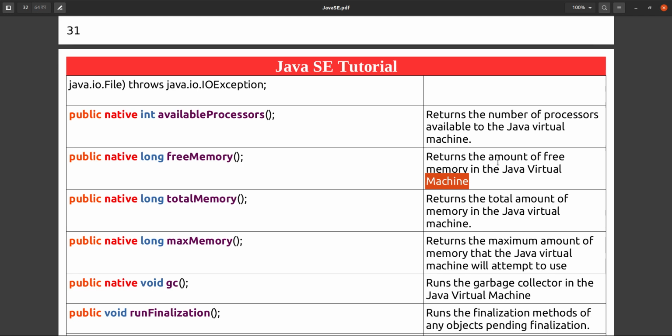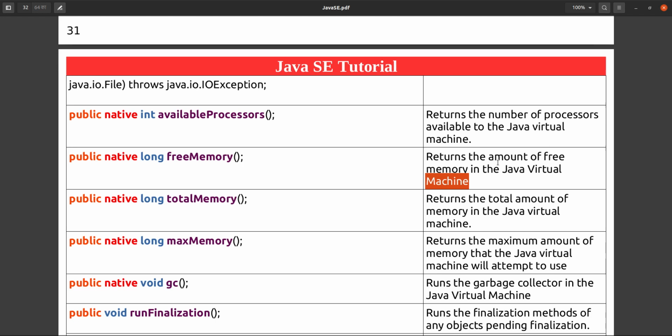Suppose your system has 4 GB RAM, in that case the 4th part of your RAM your JVM will take from the operating system. Like 4 GB RAM is there, then definitely 1 GB space your JVM will acquire by default. You can increase and decrease that memory, means how much memory I want to acquire to execute this process. You can do that also, that is not a problem.